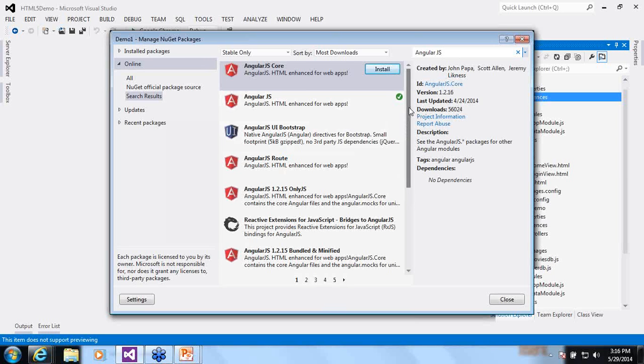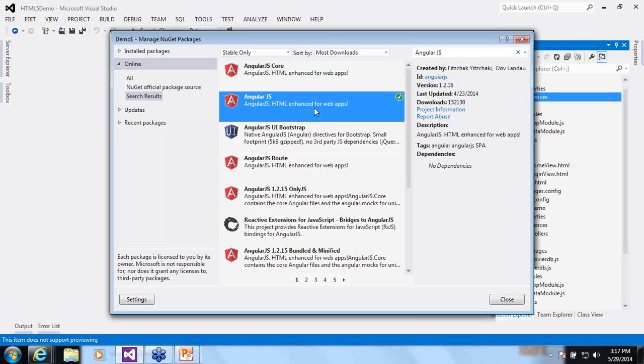You have AngularJS core, which will include only the basic AngularJS scripts. You have AngularJS wherein all the scripts are included. Then you have UI Bootstrap and all. So what I have selected for my application is